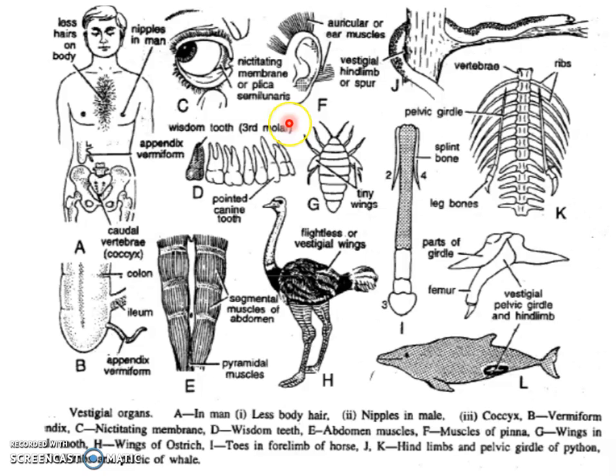Now the first one is the vermiform appendix. Here you can see the vermiform appendix. It's a structure associated with the colon. This is the intestine of human beings. The vermiform appendix in man arises from a short, blindly ending pouch called the cecum, found at the junction where the small intestine joins the large intestine. In carnivorous animals, the cecum is a short, blind pouch, almost similar to what is found in human beings. But in herbivorous animals, for example rabbits, the cecum, from which the vermiform appendix arises,